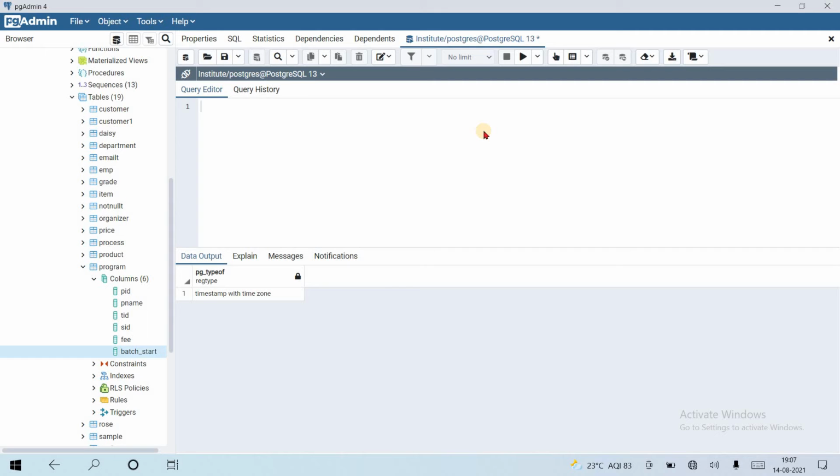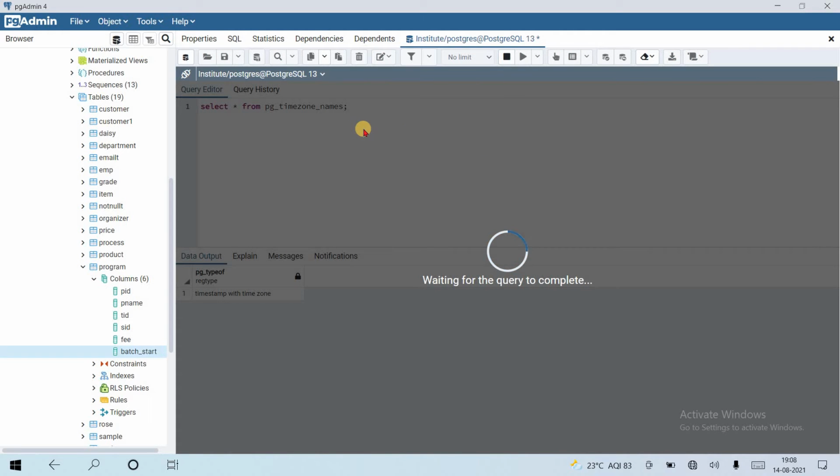To view available time zones, we use time zone names. Suppose select star from pg_timezone_names. This function is used to list all available time zones.